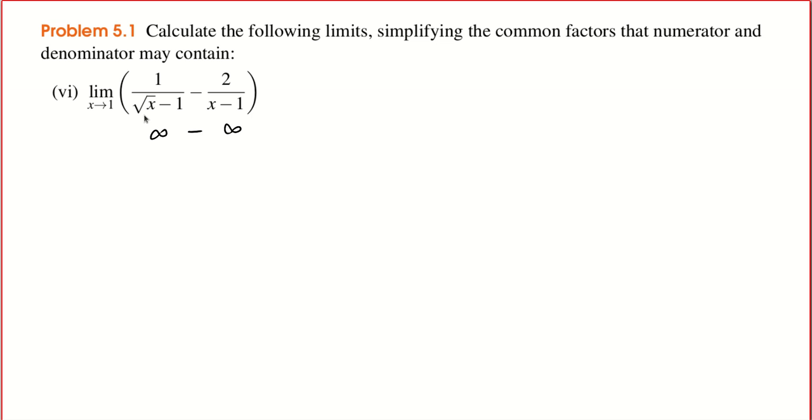The first thing we need to do is to multiply and divide by the conjugate of this, right? Because there's a square root here. There's a difference, right? And involving a square root. So let's do this as a first step. Okay, and then we have,